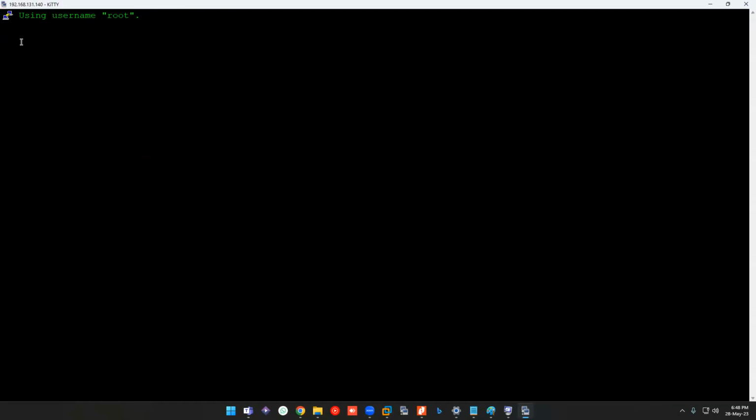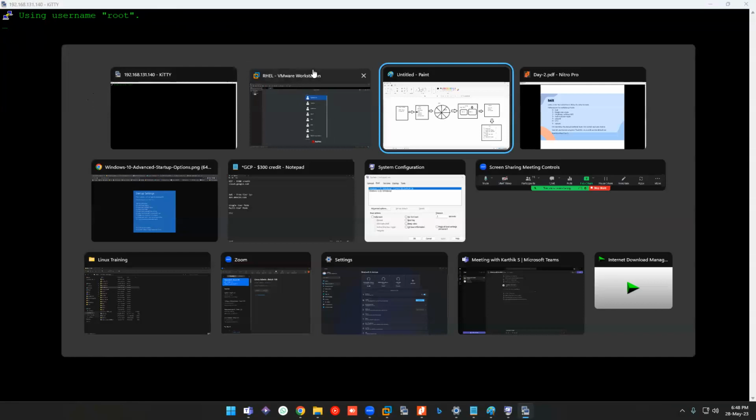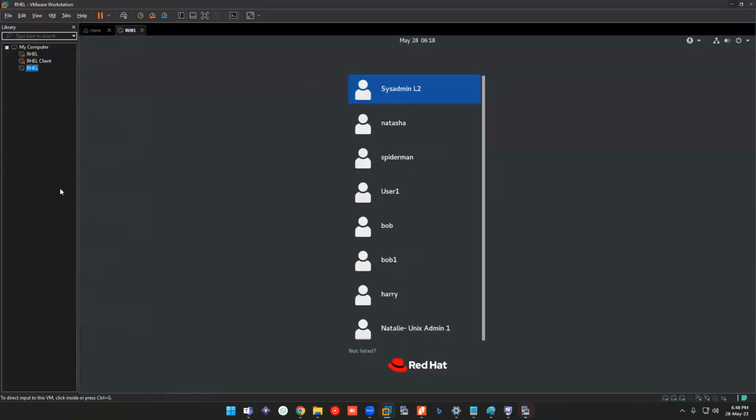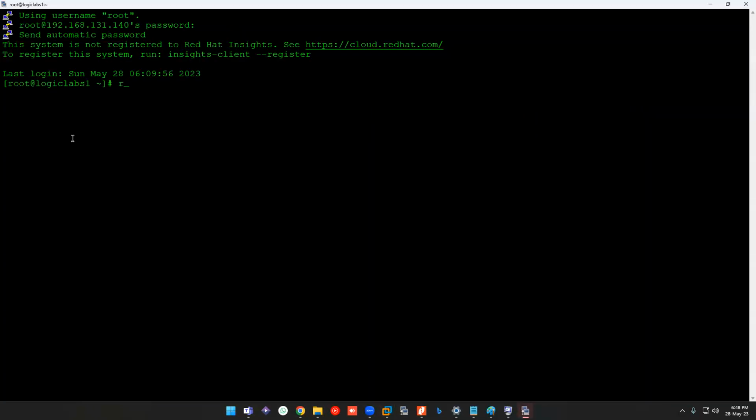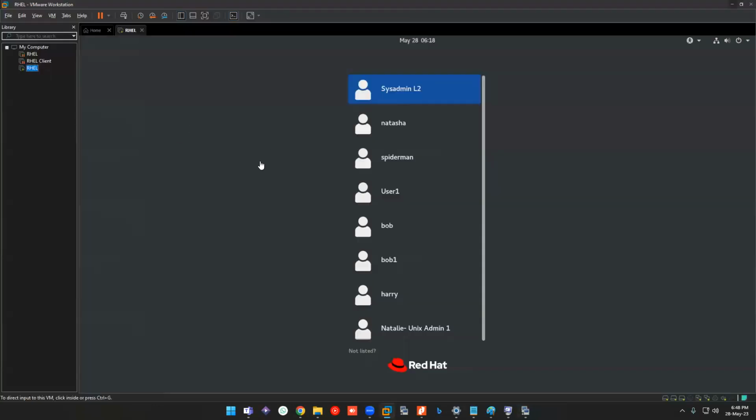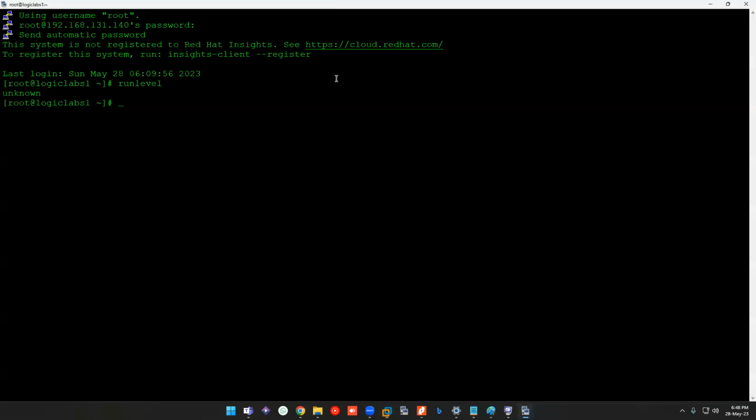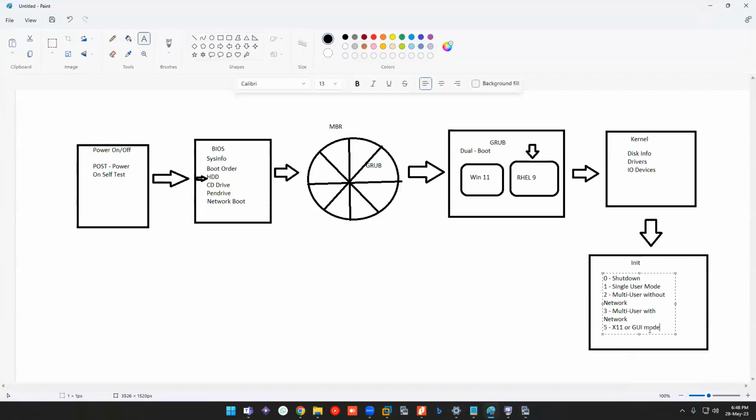In my case, since I have a GUI, my run level is init 5. Just type runlevel. It is showing unknown here, but if I open this terminal, it is init 5. That is nothing but your X11.